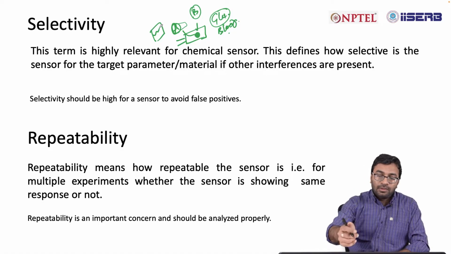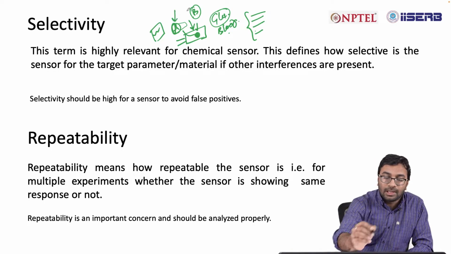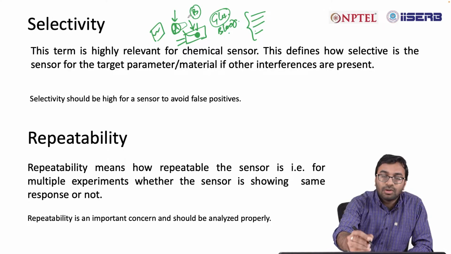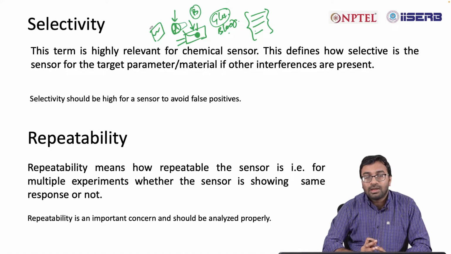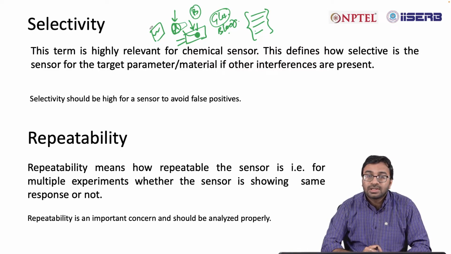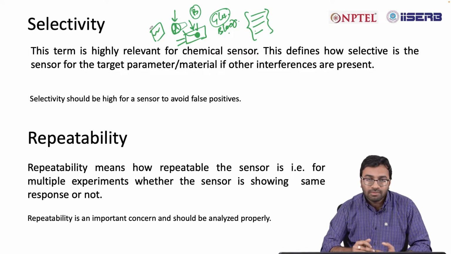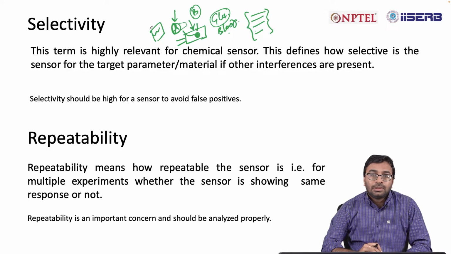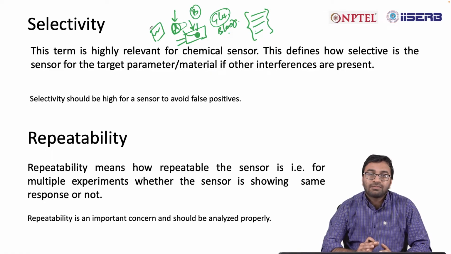Now if you put blood on this sensor, blood will have several other components, different proteins, RBCs, WBCs, etc. You have to make sure that these other components are not reacting with the material A. If the reaction between A and B is not very specific, then other materials present in blood may also react and give you a wrong signal. So your sensor selectivity will depend on the specificity of the reaction between A, the active material that you put in the sensor, and B, the biomarker, in this case glucose. For that purpose, we take different reactions that we will discuss once we come to the chemical sensor part, but selectivity is defined in that way. So in case of biosensors and chemical sensors, your sensor should be very selective to the analyte under consideration. Otherwise you will get a lot of noise or